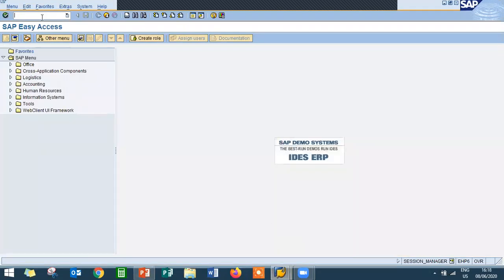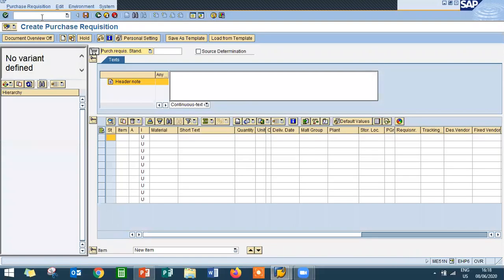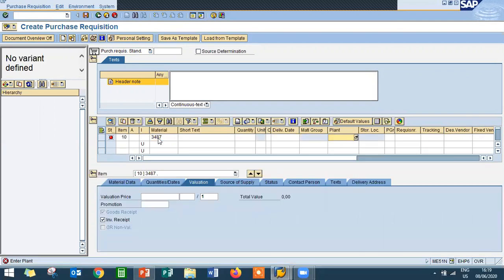So now go to ME51N for creating purchase requisition. Enter the material here. 3487 is the material which was already created.